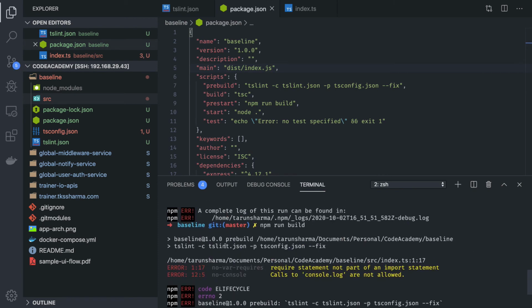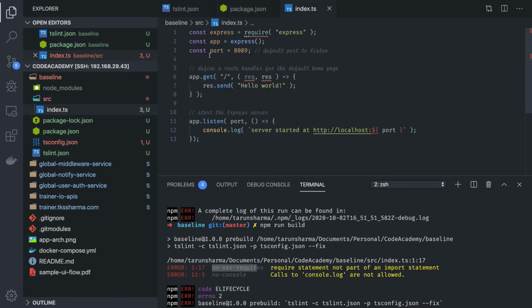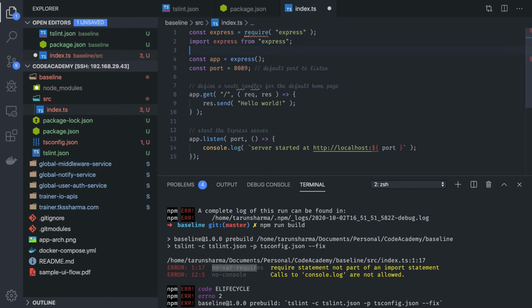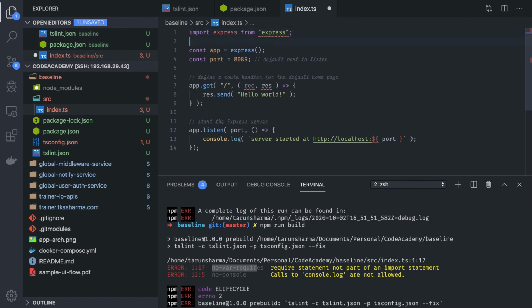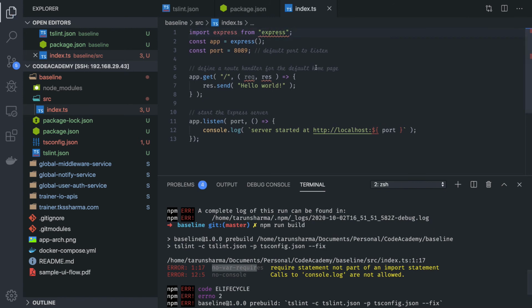Now you can see these are the tslint errors. You can see no variable initialization because we might be using some more keyword. We are using the const keyword, and we are using require syntax. Now we should be using import and export, right? Because now we are using TypeScript, so we should convert this into the ES6 mode of import and export. So we have to write it using import express from express, and the rest is the same; we are getting the express instance.